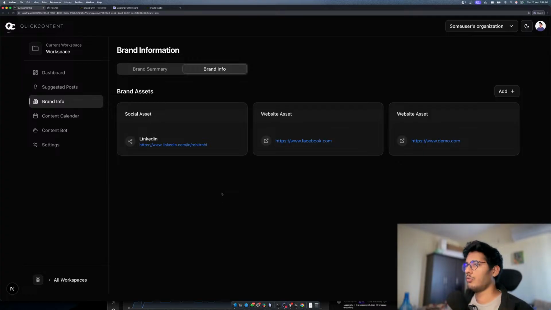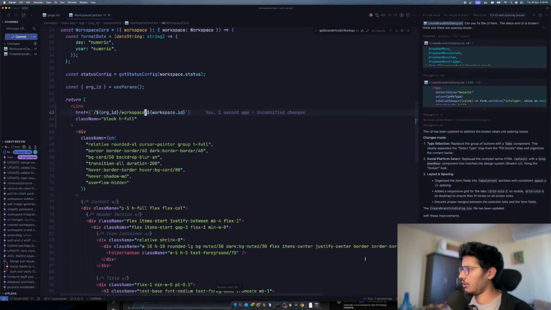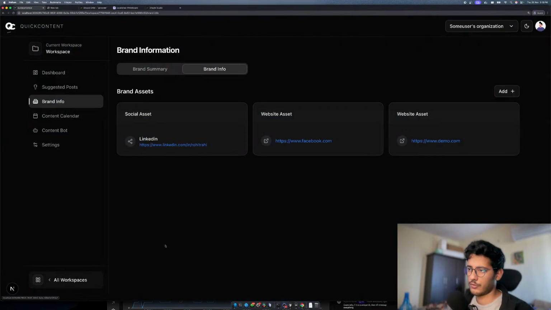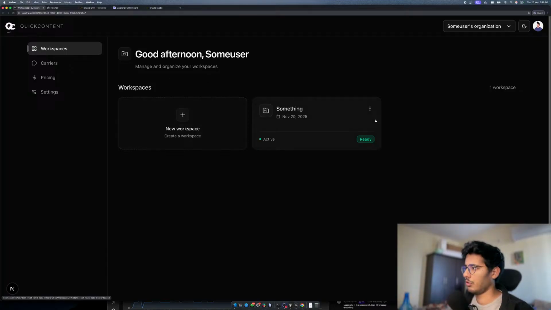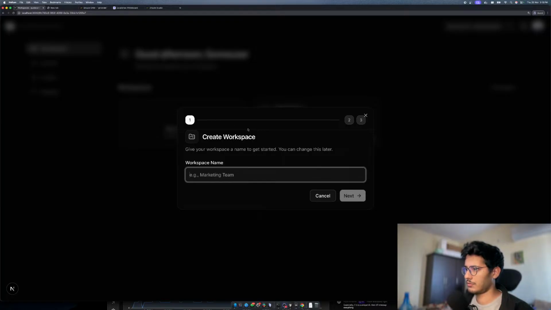We'll also have to make some real time connections, like sockets and all those things. So let's see how that goes. Okay, it is saying it has fixed all of that issue. So what we'll do is go and see how it has done. Yeah, that's fixed. Just there's no space between this create workspace and the top level. The cross button is overlapping, so